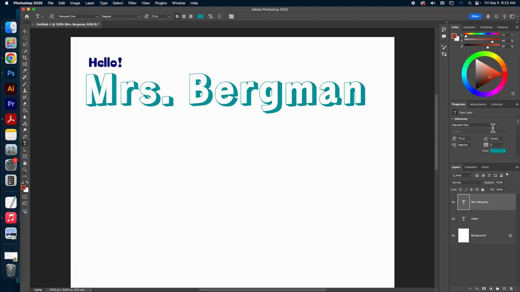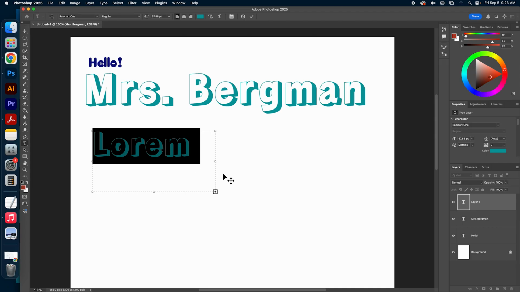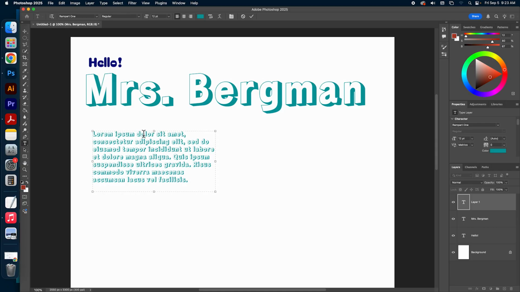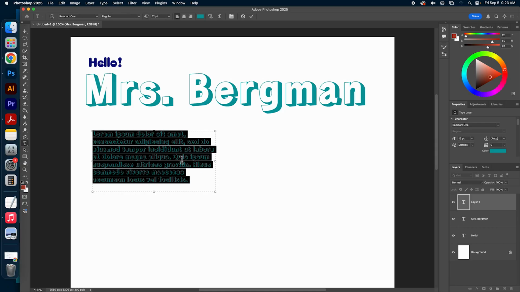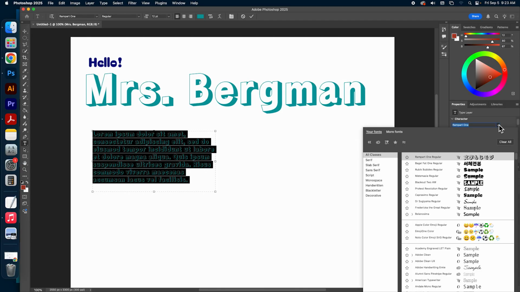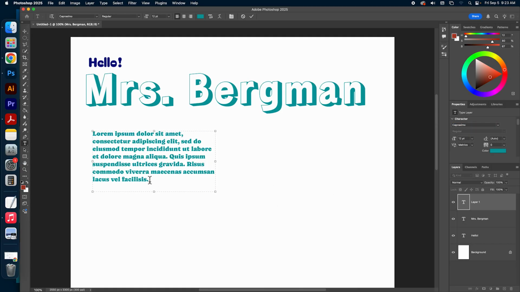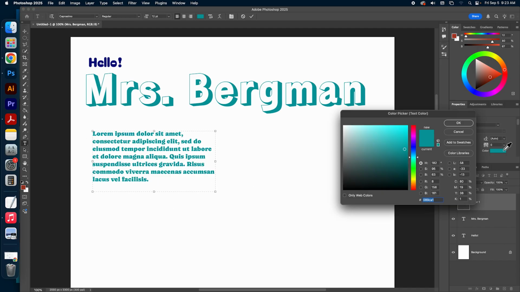For those of you that are curious about the second way of putting in text, that would be creating area text, which is where you click and drag, and it will create text that is confined to this box. And then you can see more of the lorem ipsum here. Lorem ipsum dolor sedem et, etc., etc., etc. Again, this is just nonsense Latin. Doesn't mean anything. Just kind of looks like text without being distracting.